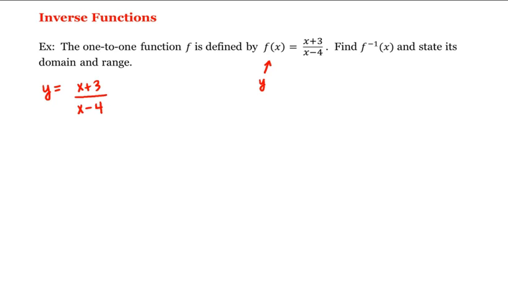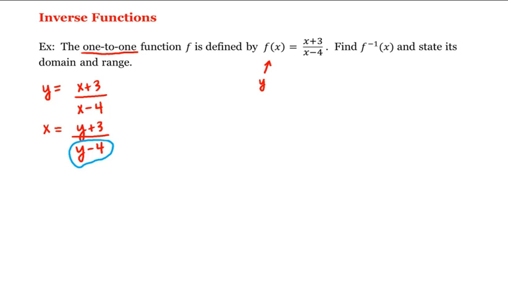And then we interchange the roles of x and y. In other words, wherever we see a y, we put an x, and wherever we see an x, we put a y, which gives us x is equal to (y + 3) divided by (y - 4). And now we want to manipulate this equation in order to solve for y. When we do that and solve for y, y will be equal to f inverse of x. And we know we're going to be able to do that because we're given that f is one-to-one and therefore the inverse will exist. So let's begin by multiplying both sides of the equation by this denominator here, the y